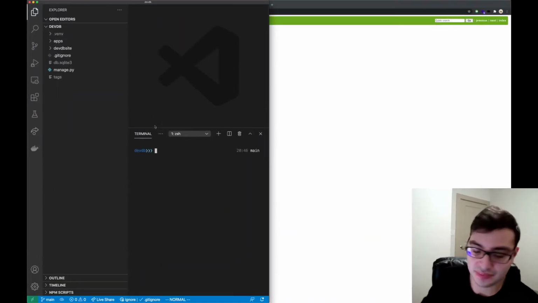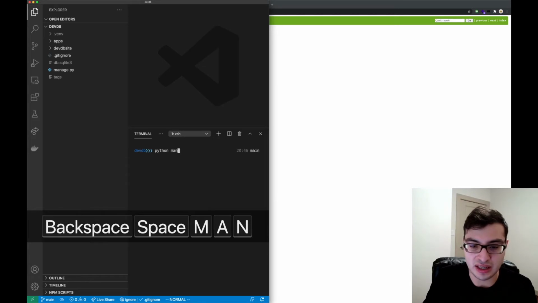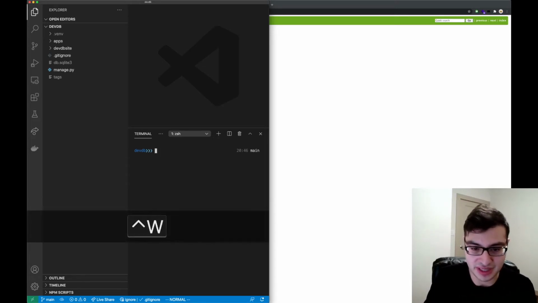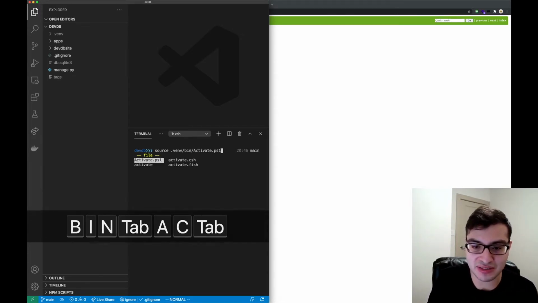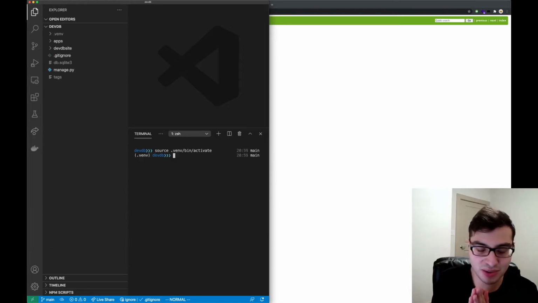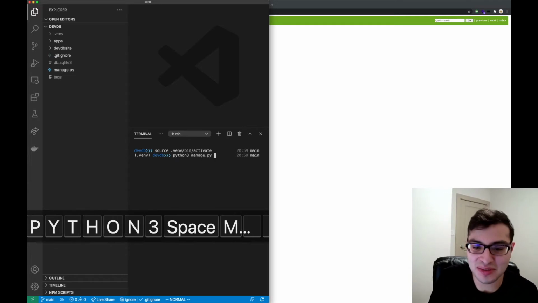To actually make this app, let's create an application first. So in the terminal, I'm going to do Python. No, actually, before I do that, pip. No, wait. Hold on. Source .venv/bin/activate. Cool. Now we can do python3 manage.py